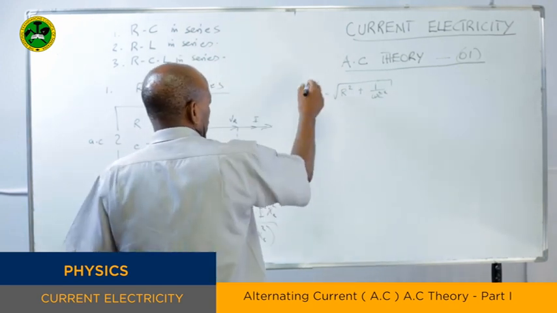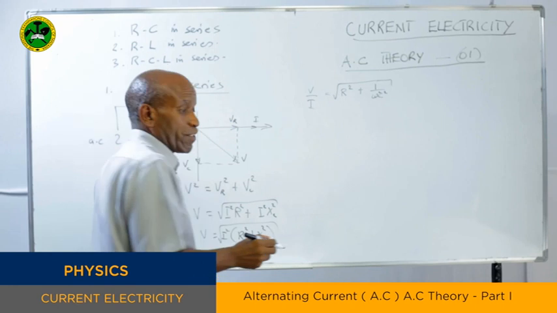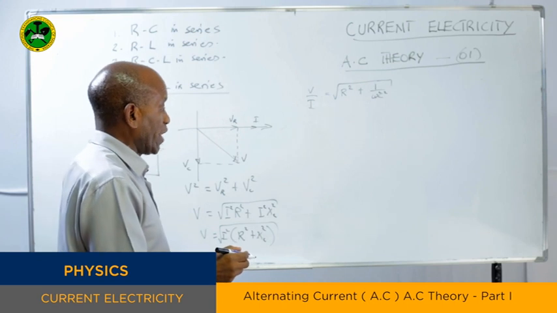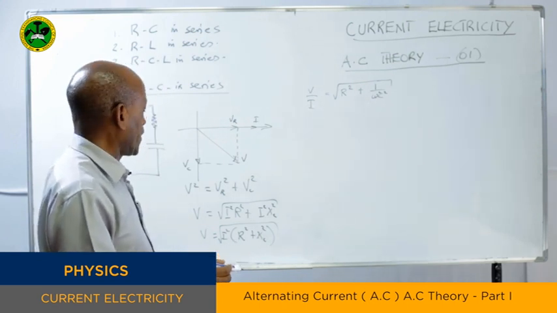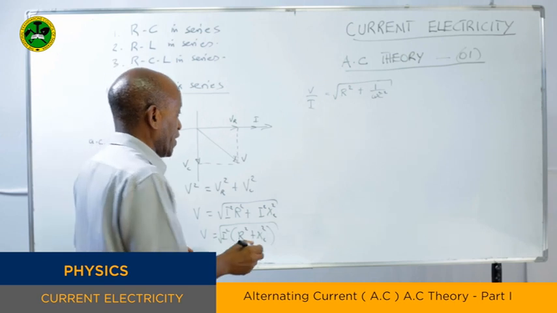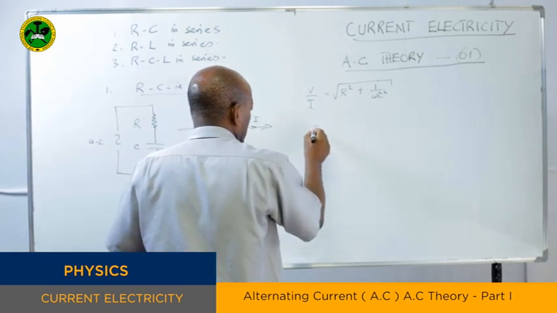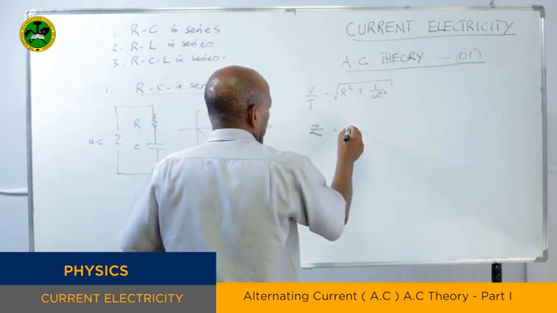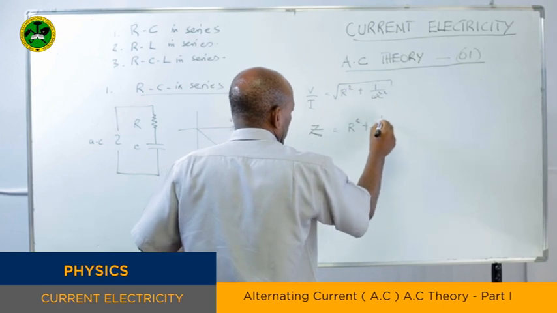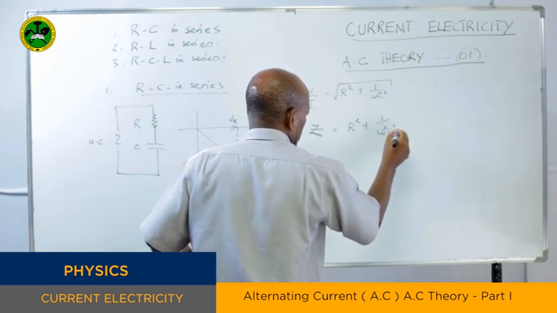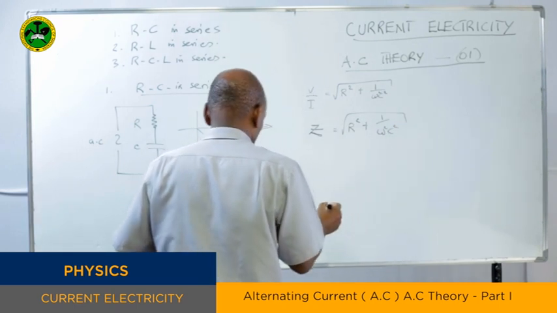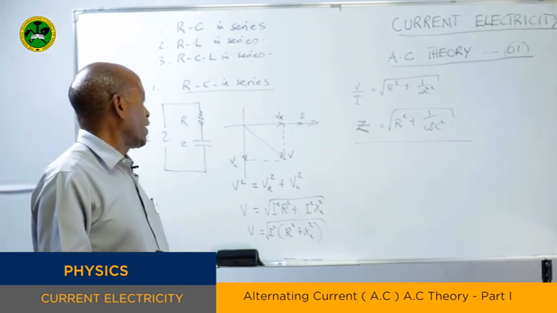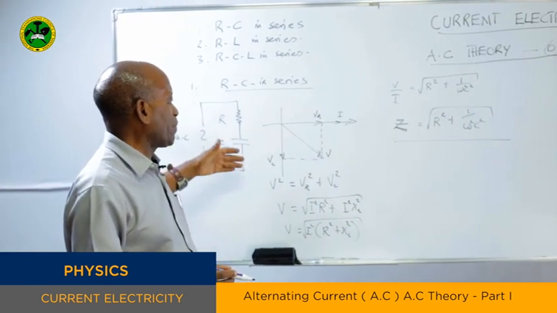We're having that. And if you look at this V over I, this is just like a resistance. But we are not calling this a resistance because it is a mixture of resistance with some reactance, and we call this an impedance. So we abbreviate this as Z, and this will be equal to the square root of R squared plus 1 over omega squared C squared. So this is the impedance, an oppositional force to a circuit containing a resistor and a capacitor whenever they are